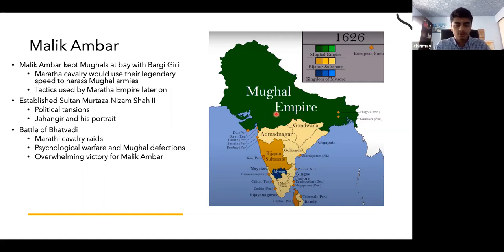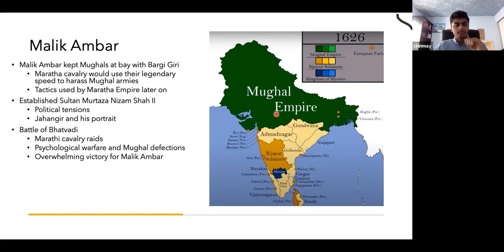At this battle, Malik Ambar chose the terrain because the Mughals were the invaders. So Malik Ambar chose a place where they were going to fight, and the Mughals had no choice but to come to him because the Mughals were the ones who wanted to invade Ahmednagar. So Malik Ambar flooded the entire place. He took a higher ground, and he flooded the entire territory with water, so that when it dried, it became sticky, disgusting, smelly,